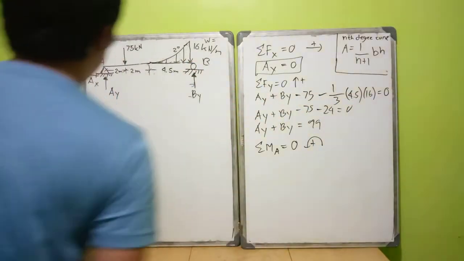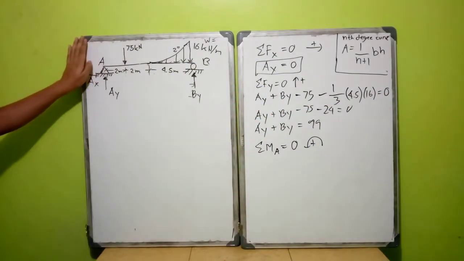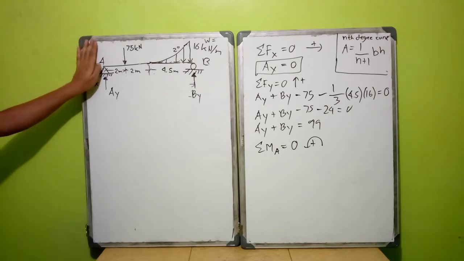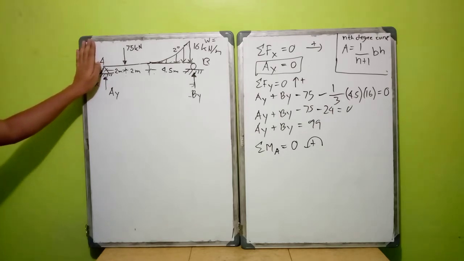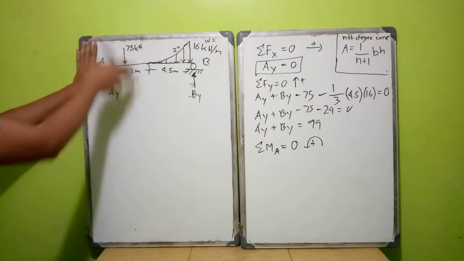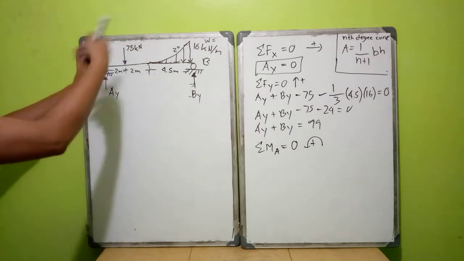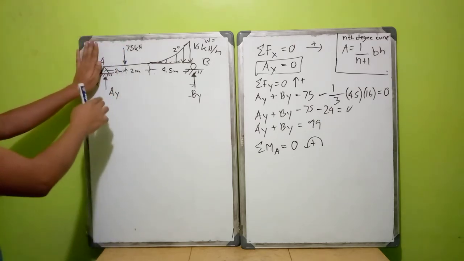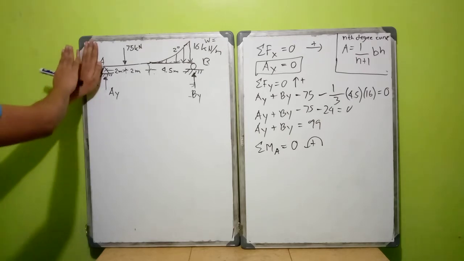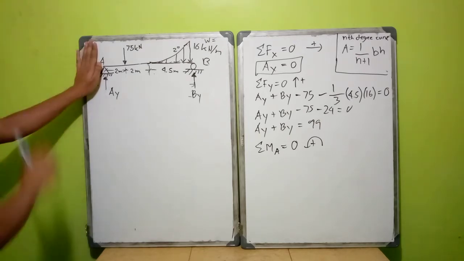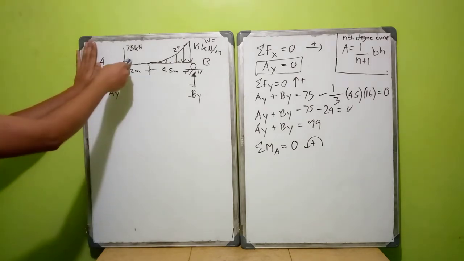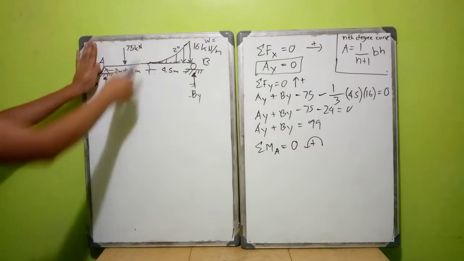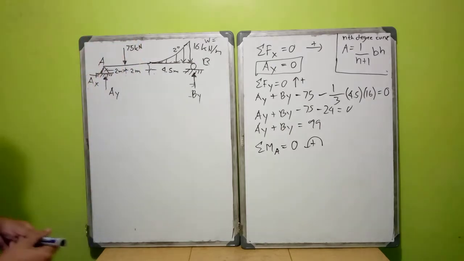Since we sum up moments at A, A will be the steady point or the fulcrum, and the rest will make the body rotate. This 75 kilonewton will tend to rotate clockwise, so this is negative